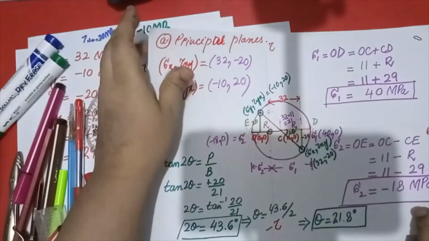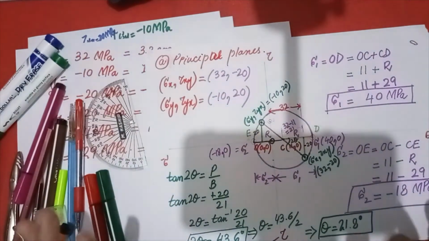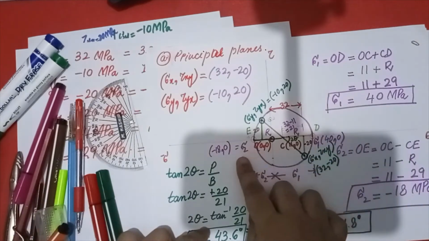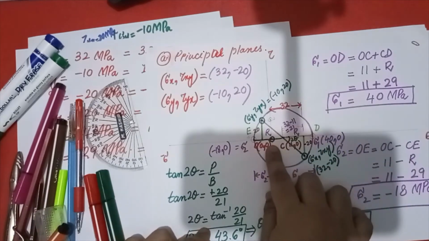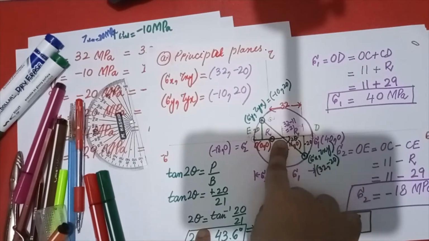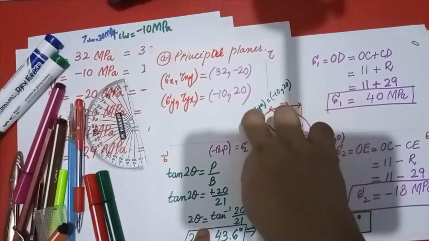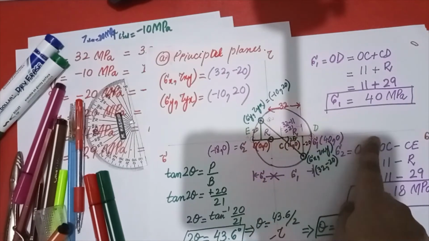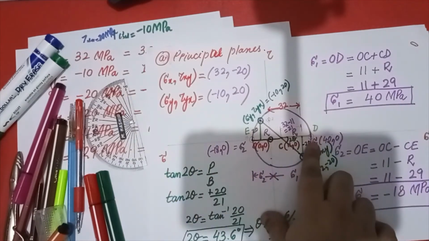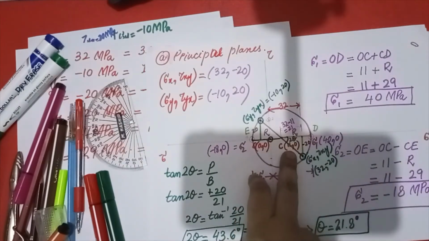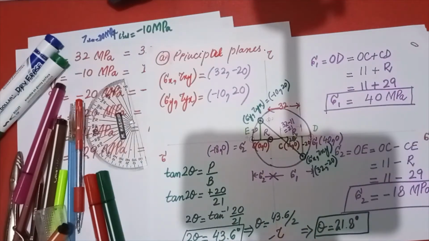At first step, you have to draw the axes, normal stress and shear stress. Then you have to take the origin and mark point C. When you mark your point C, put your compass over there and make a circle with a radius of 29 ampere. When you draw your radius, you will mark 2 points on the normal stress axis. These 2 points will be your principal stresses. And the next thing which is left is the angle, which you have to find. So how can you do that?